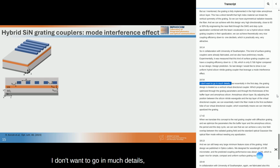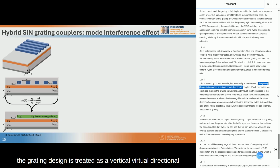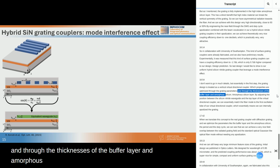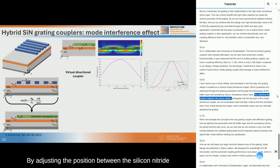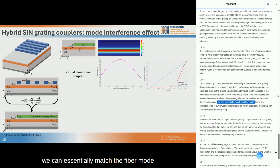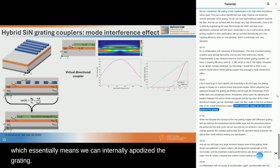interference effect. I don't want to go into much detail, but essentially in the first step, the grating design is treated as a vertical virtual directional coupler, whose properties are optimized through the grating parameters and through the thicknesses of the buffer layer and amorphous silicon layer. By adjusting the position between the silicon nitride waveguide and the top layer of the virtual directional coupler, we can essentially match the fiber mode to the first oscillation lobe of our virtual directional coupler, which essentially means we can